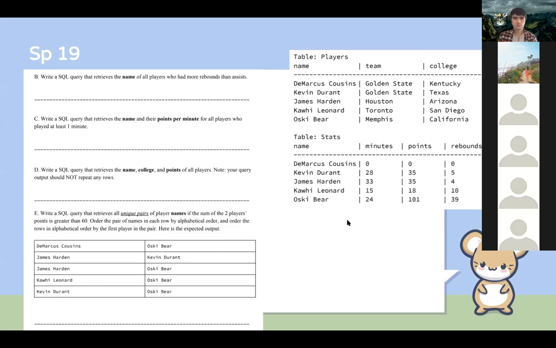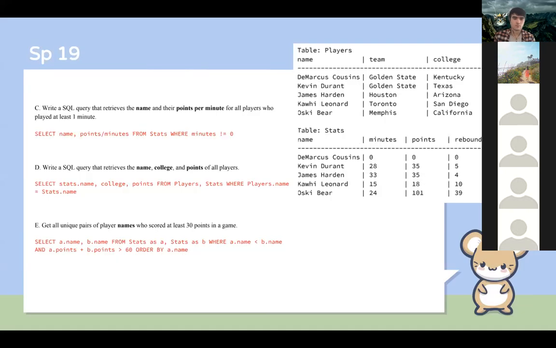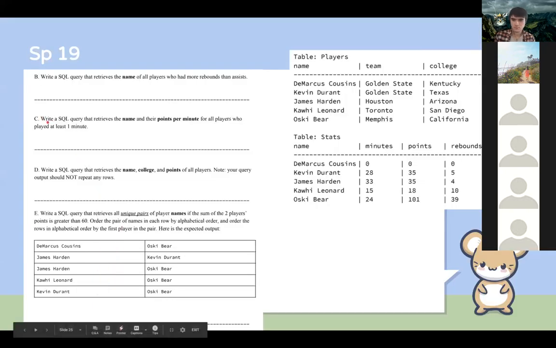Okay, it's been 5 minutes, so let's walk through these together. Before I show the answers for this one, I'm just going to walk through a little bit of intuition. For the first one, it says write a SQL query that retrieves the name and their points per minute for all players who played at least 1 minute. Looking at these two tables, we actually do not require the table players